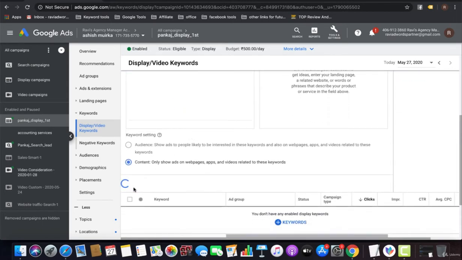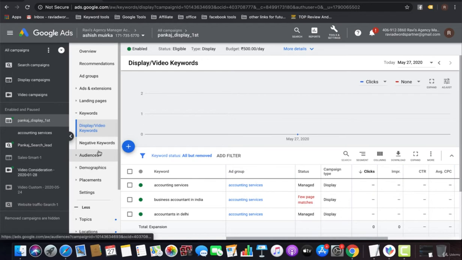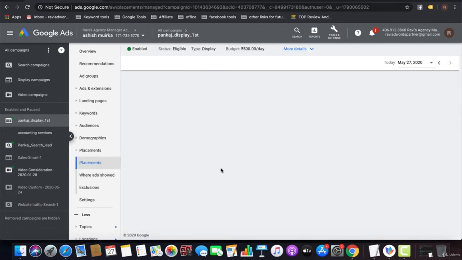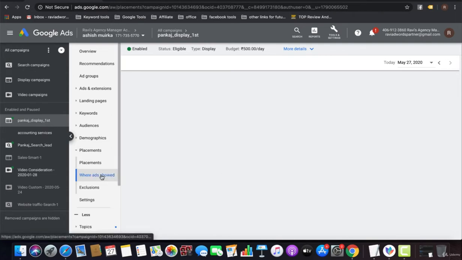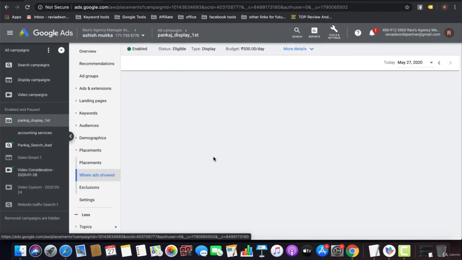And I can select the save option, that I've selected my keywords, and now I can select the placements as well, like where my display ads can show. We need to select the placements as well.